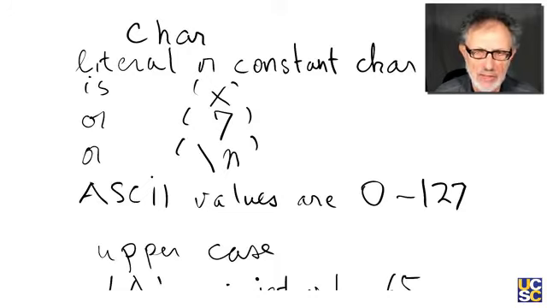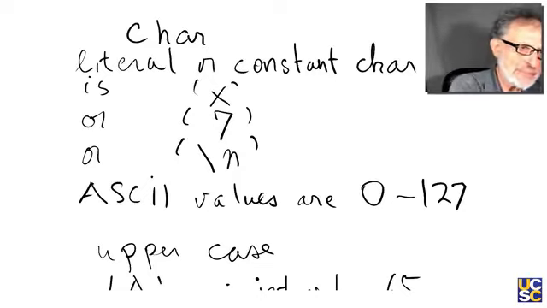Now, you don't have to memorize this, but in most texts or online, you can find the values of the standard ASCII table, 0 to 127. So it's actually a table of 128 characters that can be printed, or the non-printing characters that will do some action on your computer system. And among those characters